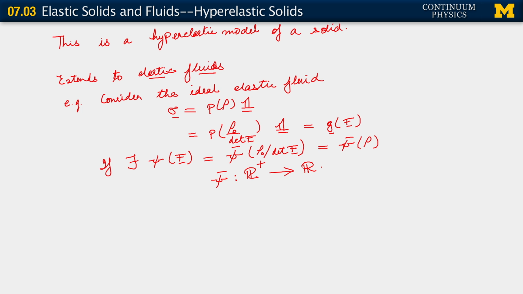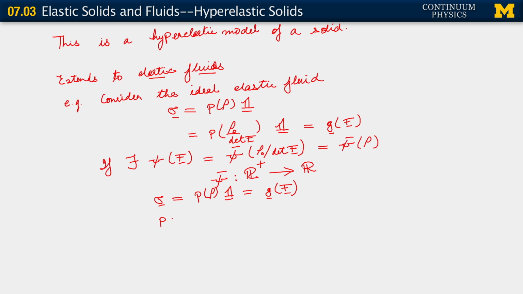So if we start out from here and then we say that our function sigma, which is now P as a function of rho times this, is essentially the derivative of psi with respect to F, right, times, oh, sorry, I need to have more stuff here. If we write sigma here as depending upon P as a function of rho multiplying the isotropic tensor, which is g of F, and we go through the calculations, what we are able to show is that